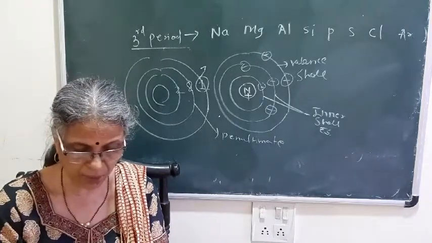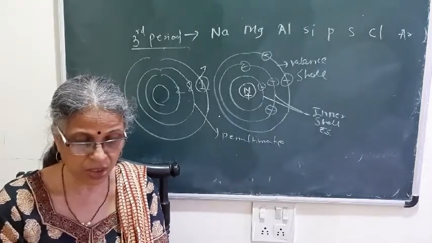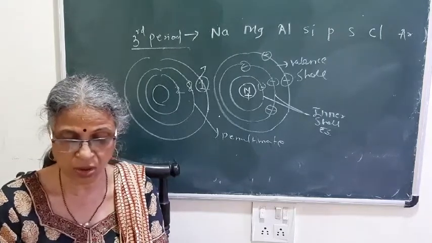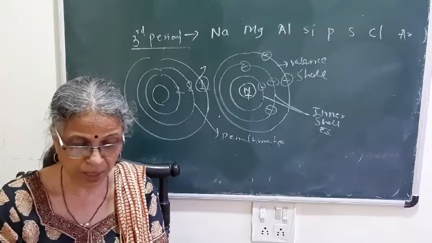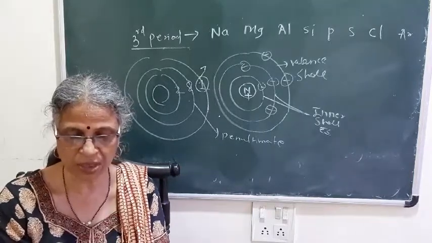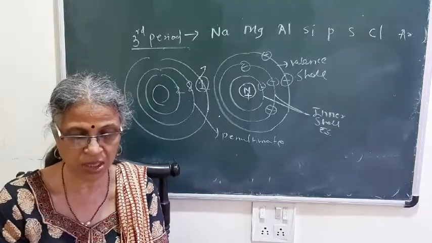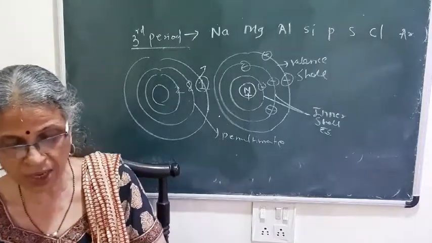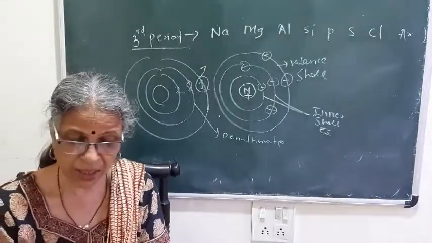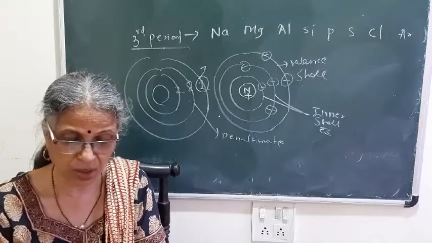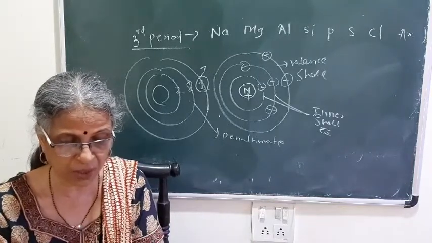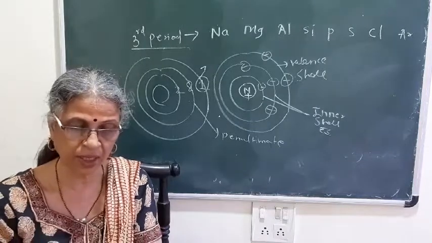Use your brain power, page number 27. What is the cause of non-metallic character of elements? The cause of non-metallic character is the tendency of the element. Here, the last sentence they have given, the same sentence you can write: the tendency of an element to form anion by accepting or sharing electrons to form negative charge is known as the electronegativity, which is nothing but the non-metallic character of the element. That is the answer.